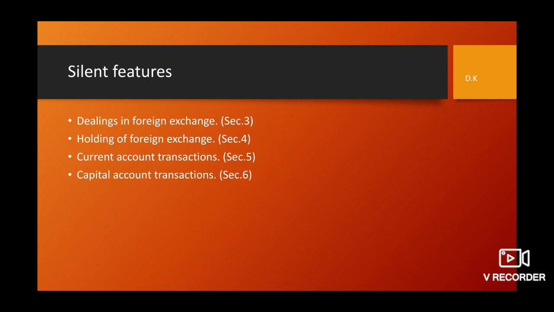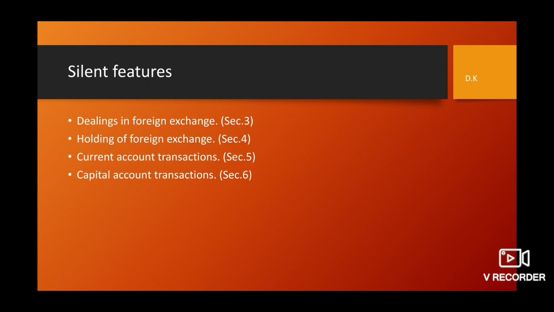Holding by a person resident outside India. A person resident outside India may hold, own, transfer or invest in Indian currency, security or any immovable property situated in India if such currency, security or property was acquired, held or owned by such person when he was resident in India, or inherited from a person who was resident in India. That means a person residing outside India can hold the Indian currency, security or immovable property.